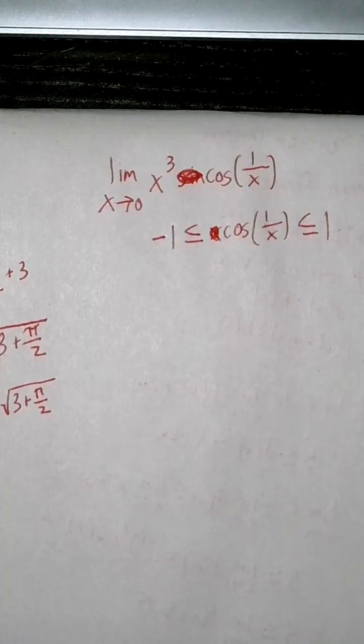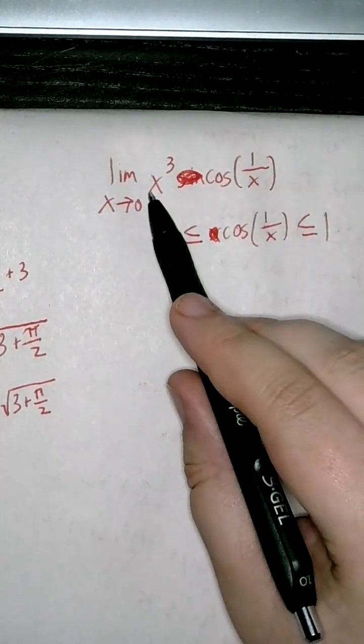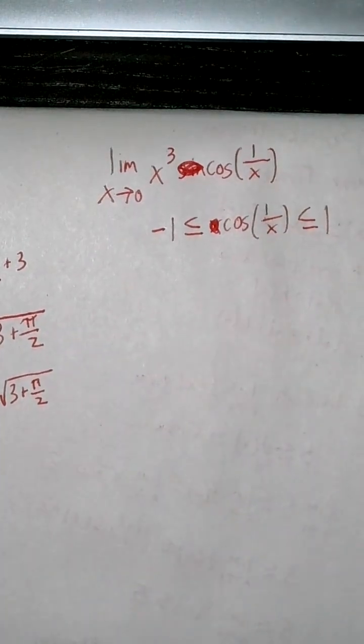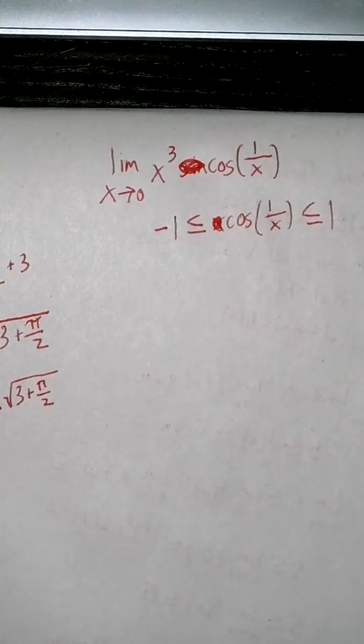So, what I'm going to do here is now I'm going to multiply everything by x cubed. So, unlike x squared, is there a situation